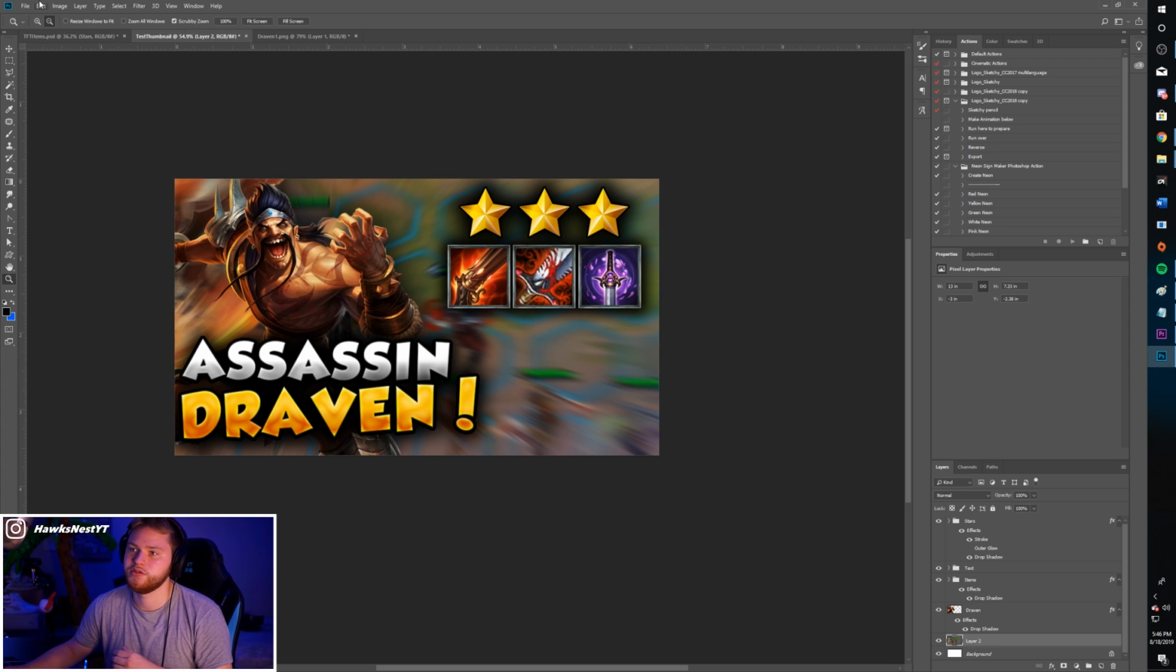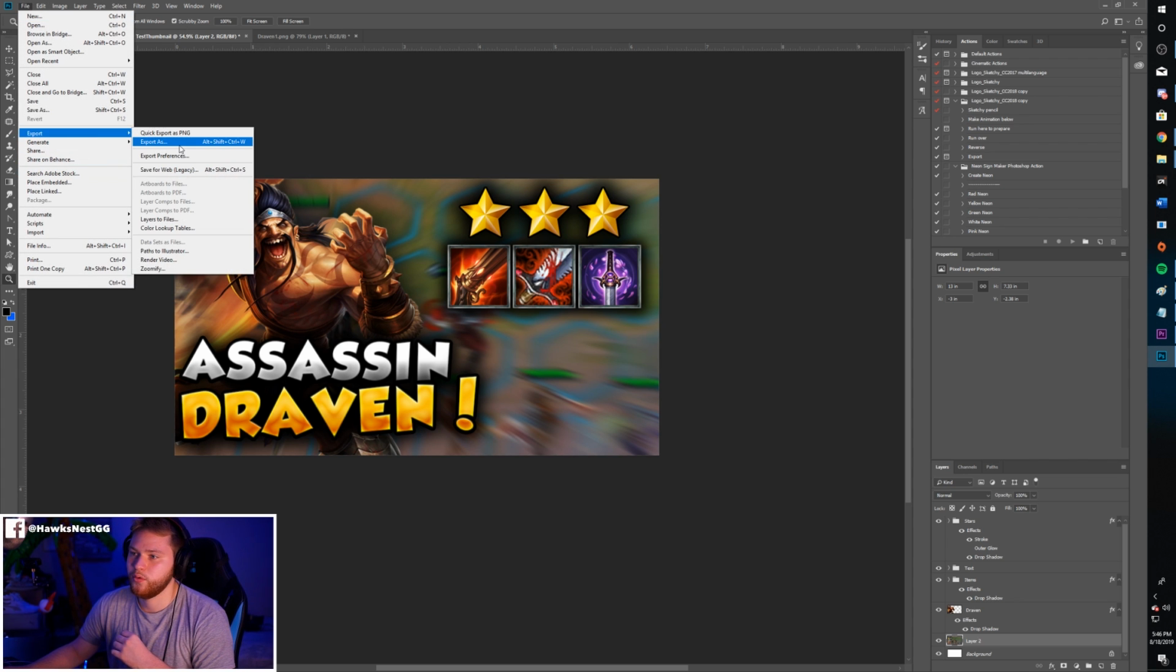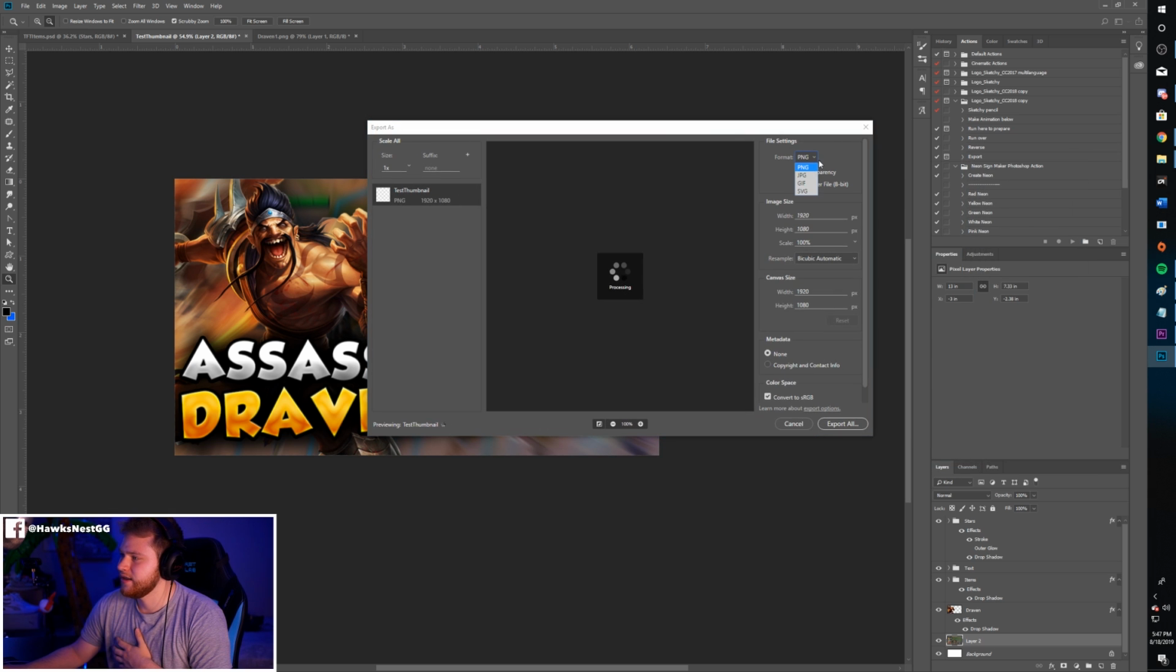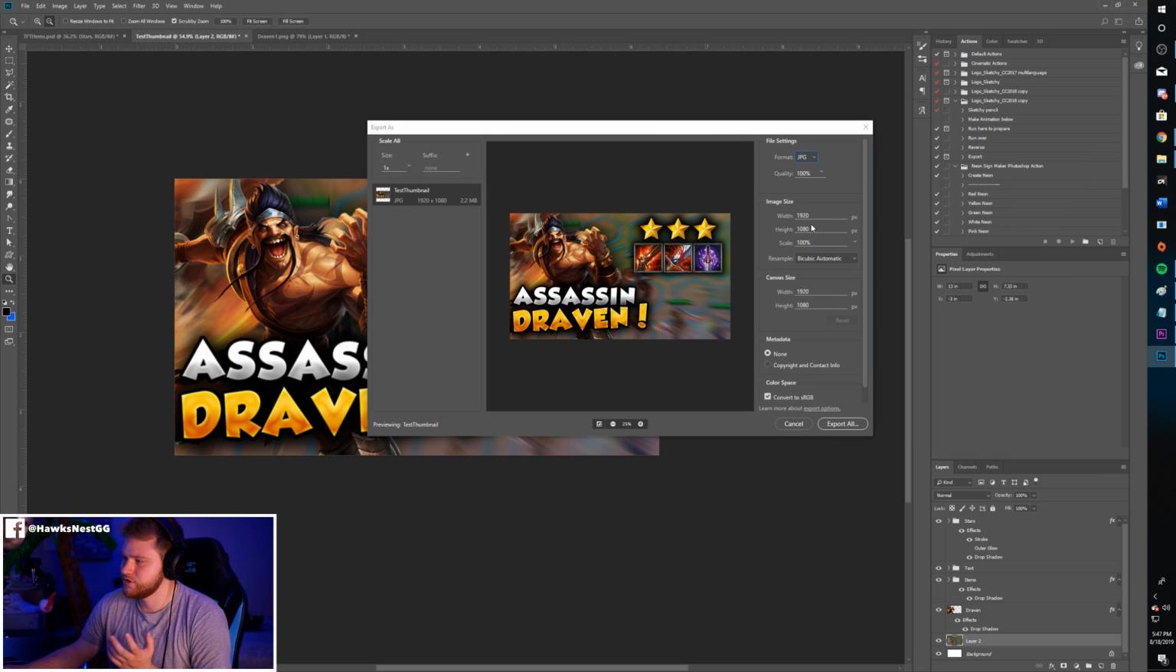Now, how you export it is you go to File, go to Export, Export As. Then you just wait a sec. And then you want to make it a JPEG. Then you just export it and leave the settings normal. Hopefully it looks kind of like this, and then you just export. Now, if for some reason